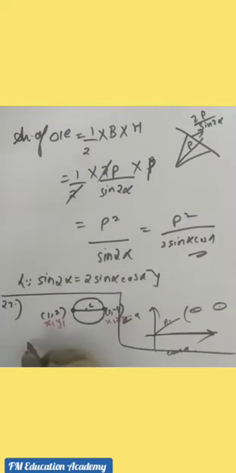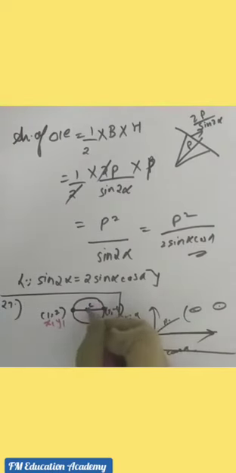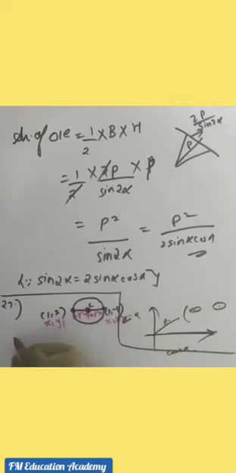How to find out the center? The center is nothing but the midpoint, right? Because in a circle, we know this center is a midpoint. This radius and this one are both equal. So we can say here the center is a midpoint, and we can use the midpoint formula to find the value of C.